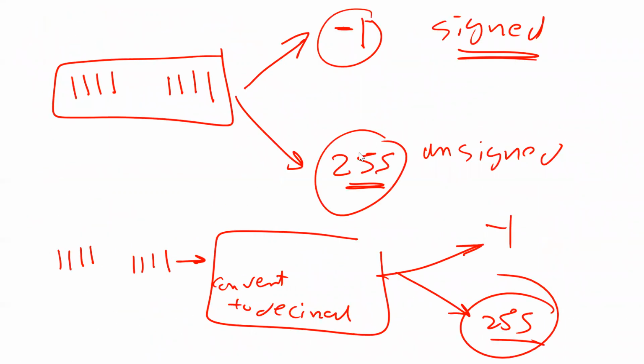Anyway, look guys here. You should ask me now, look, this binary representation, 1 1 1 1 1 1 1 1, can mean -1 if you consider this number signed, or it can mean 255 if you consider this number unsigned. You agree? So the same representation can mean both. If the computer gives me 1 1 1 1, what should I display here on the LCD for the user? Should I display 255 or should I display -1?